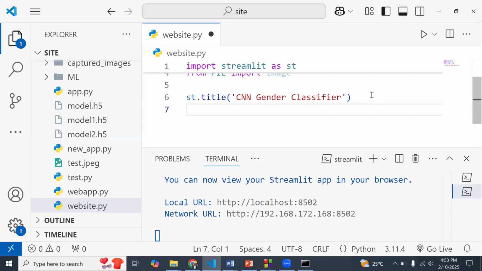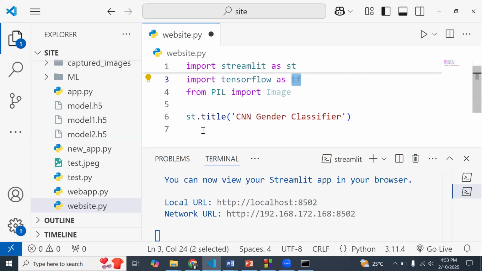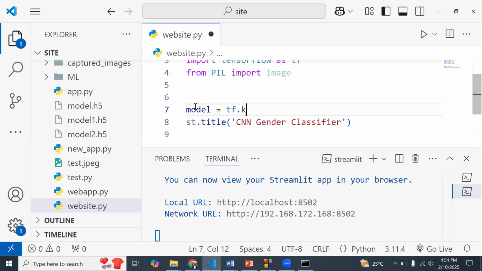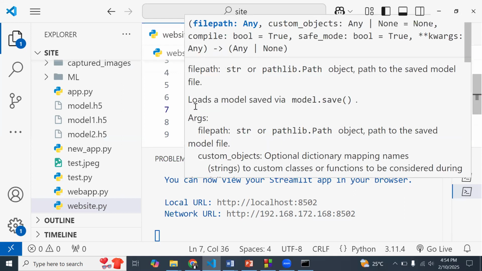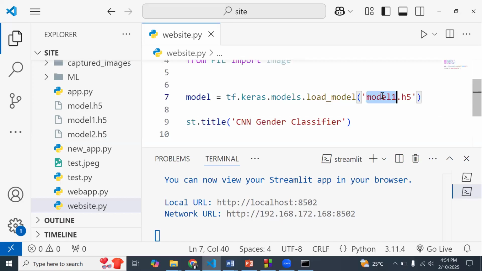So what I want next is to upload the model over here, which we are going to get from TensorFlow. So let me come back here, and I'm going to say the model is going to be equal to tensorflow.keras.models.load_model. We saw this last time, and the name of the model we have is model1.h5. You might have saved your model under a different name, but this is what I've done based on the ones that we saved.